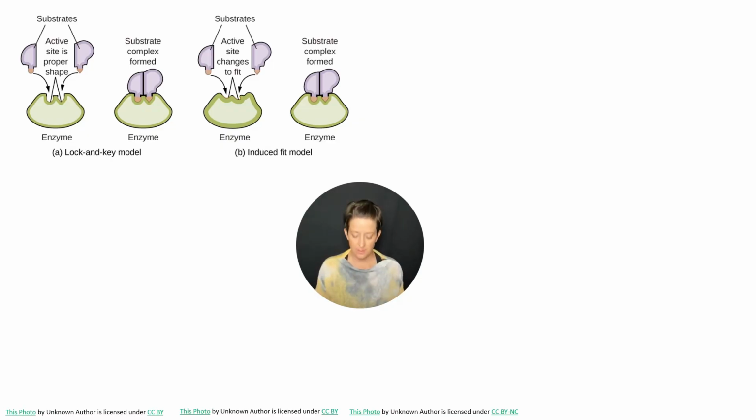So diving a little bit deeper into those active sites and the importance of their shape and the different models in which we investigate. This first type of model is called the lock and key model. So it's very similar, right? So if we have a lock